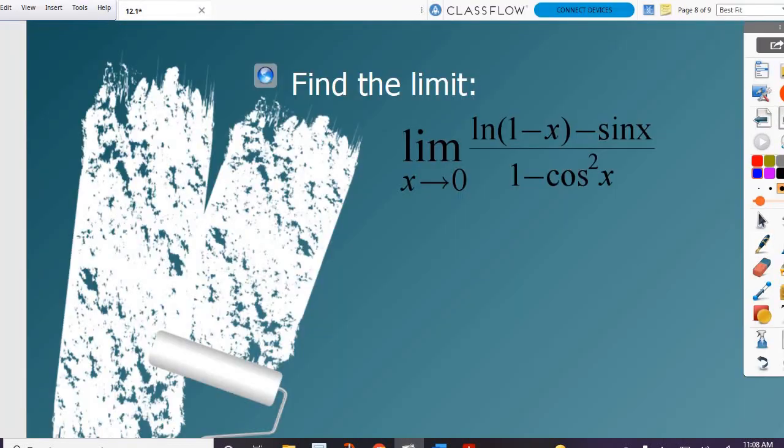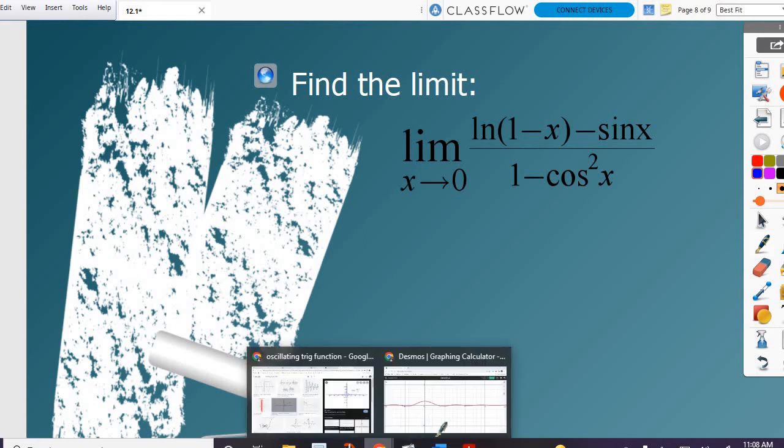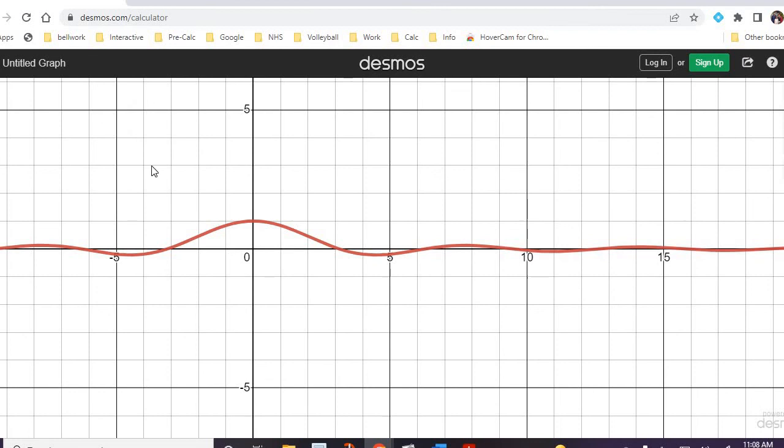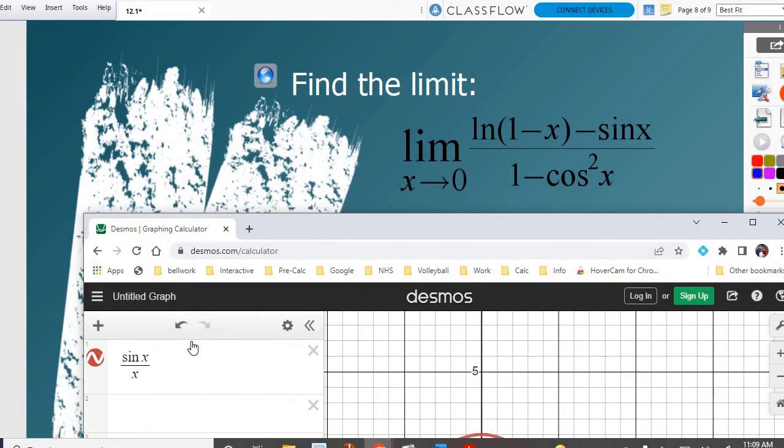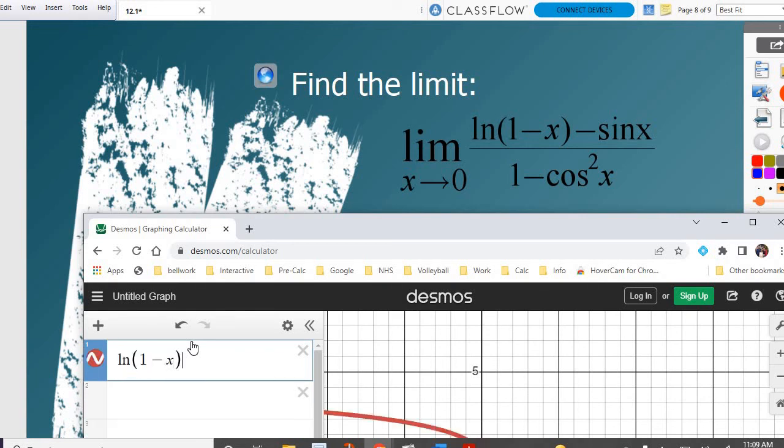And this one's my favorite one. Alright, so we have the limit as x goes to 0 of the natural log of 1 divided by x minus sine of x divided by 1 minus cosine squared of x. Okay? So, what might that graph look like? The natural log of 1 minus x minus sine of x,